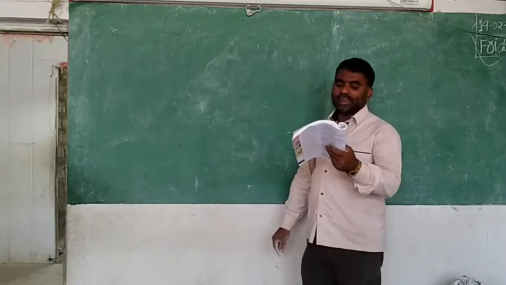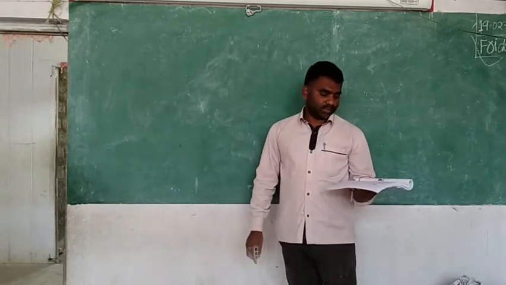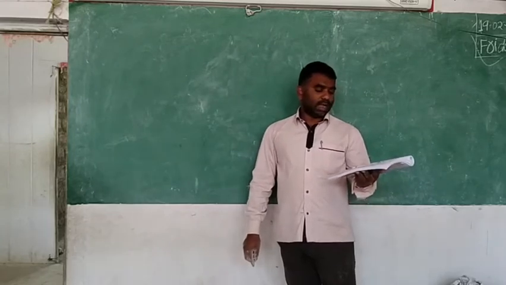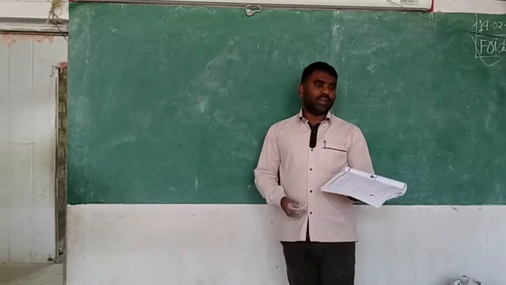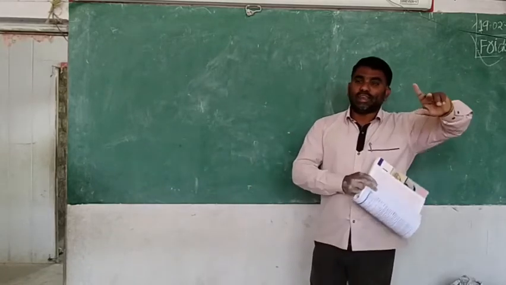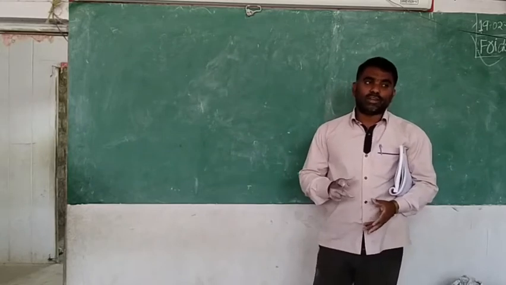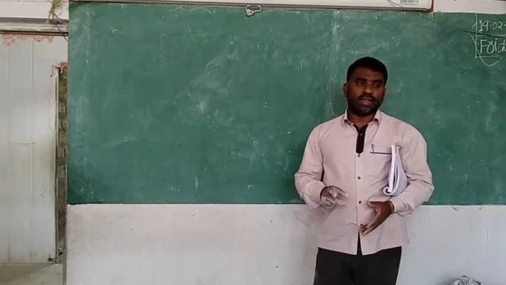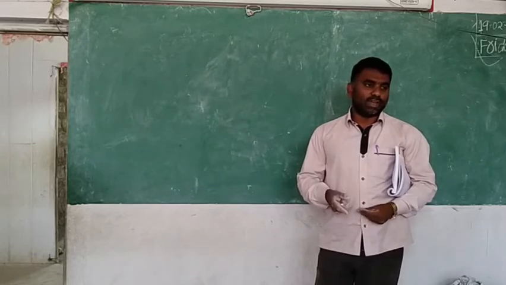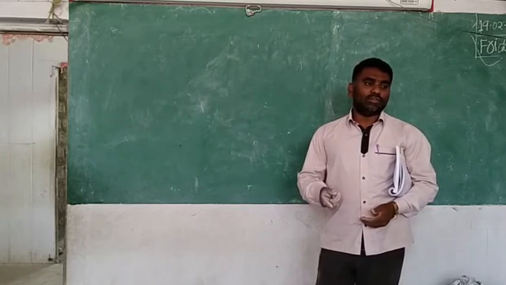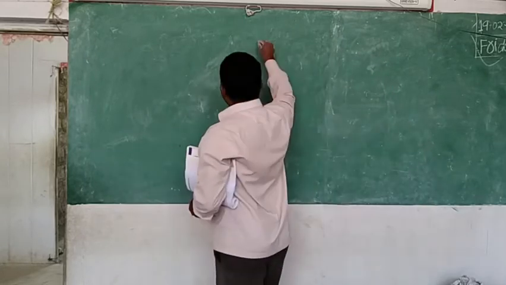One of the exterior angles of the triangle is 120 degrees, and the interior opposite angles are in the ratio 1:5. Find the angles. I said already to you, when the ratio is given, we should find the share. Share is equal to x. One share is equal to x. Here two shares are given, 1 and 5. Means what will you say? 1x and 5x. So we will draw the picture according to that.